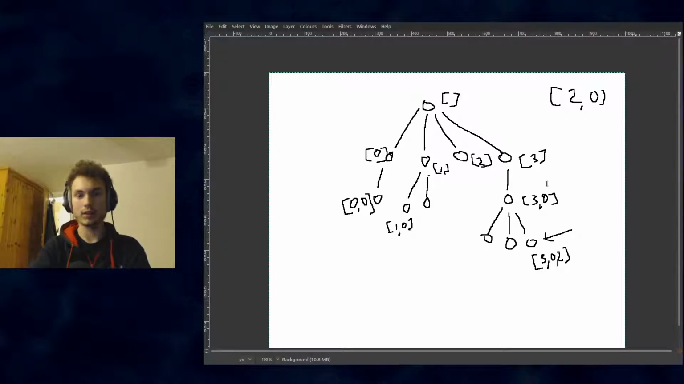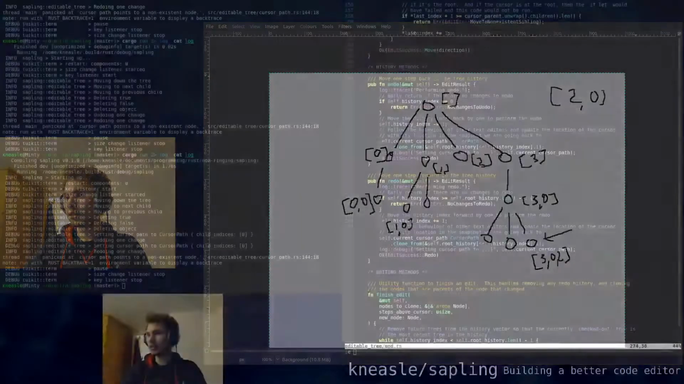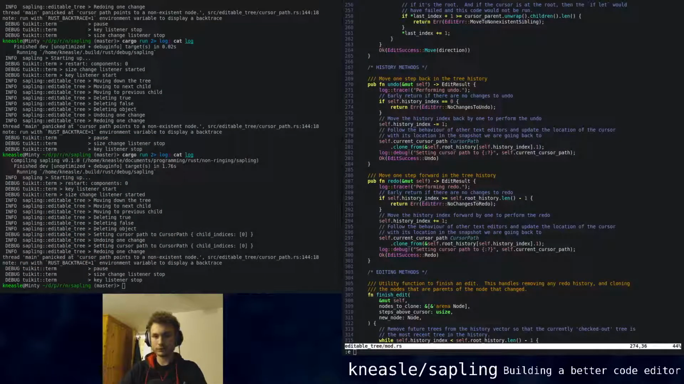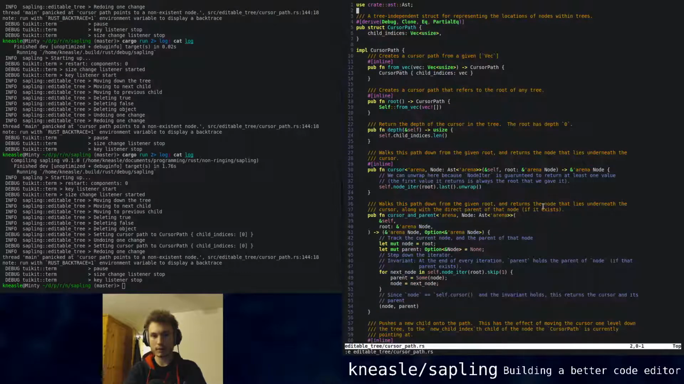If we look at the cursor path code, editable tree. Hold on, you can't see this IDE view. If we go to editable tree, is it cursor path? Yeah. So we go to the cursor path, and then